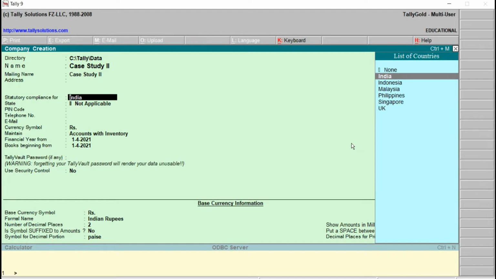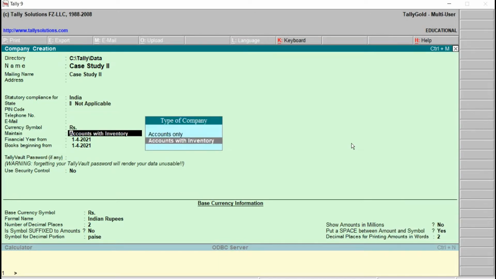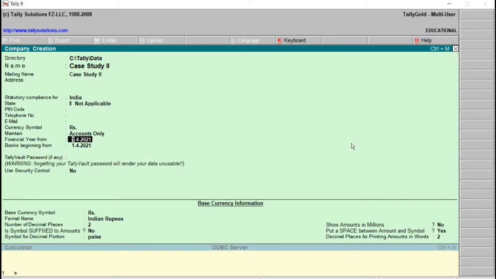Statutory compliance for the country India. And later here we will take accounts only, because we are recording only accounting transactions. Financial year 1st of April 2021.